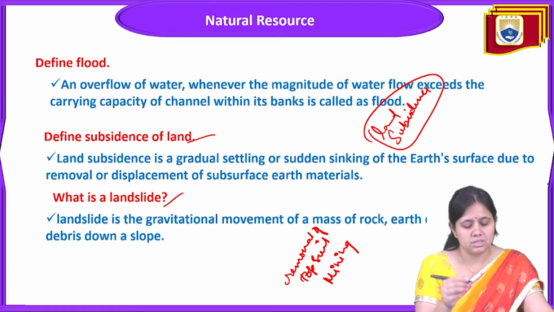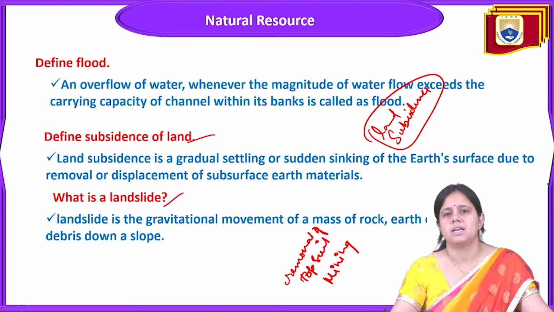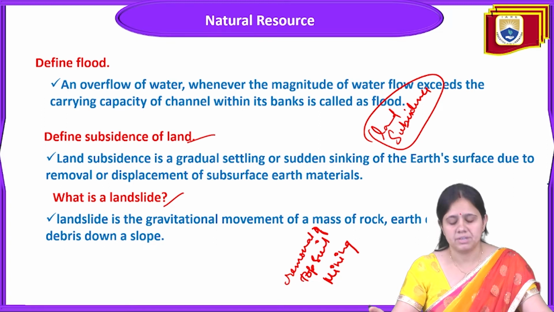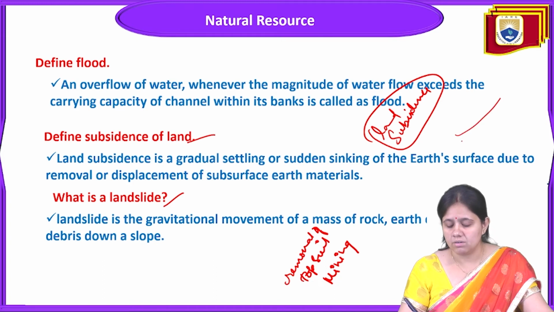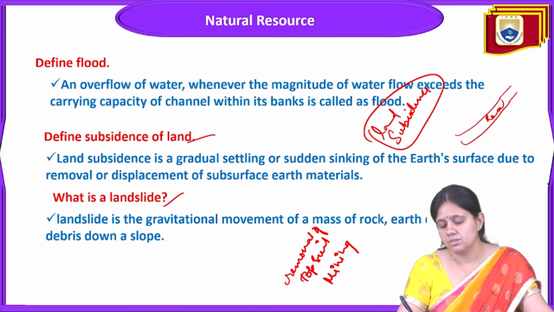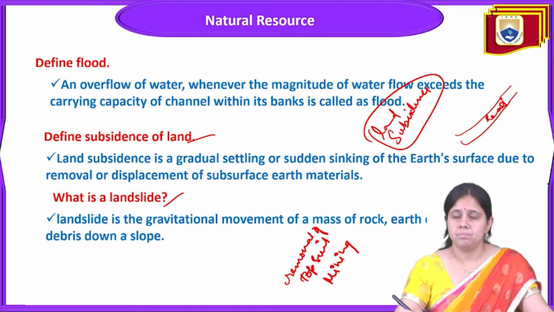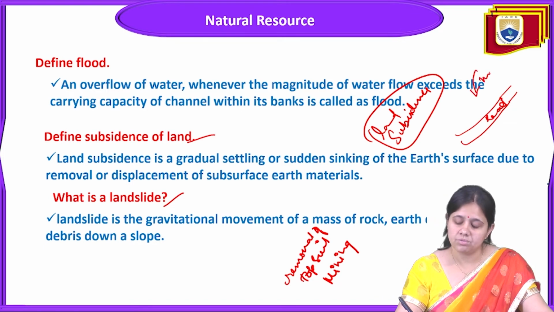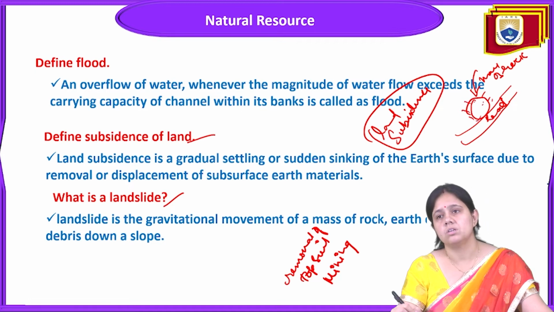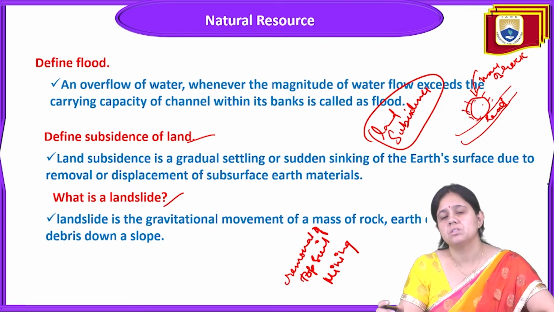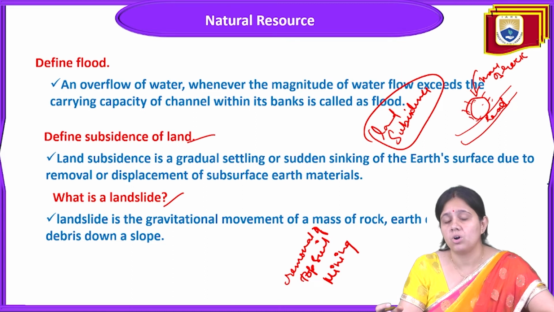Next point is about the landslide. What is a landslide? A landslide is a gravitational movement of a mass of rock. Say there is a road on a surface. Some mass of earth or rock will fall down on the road, and this mass of rock, or sometimes earth,